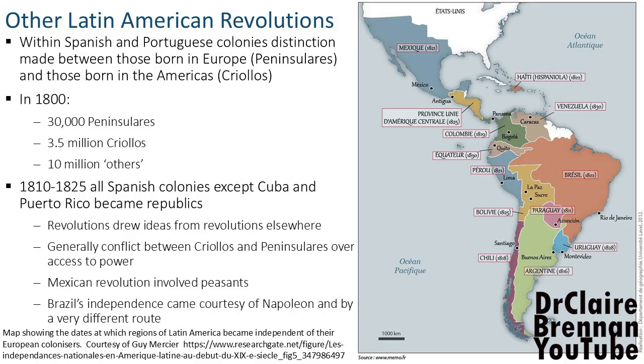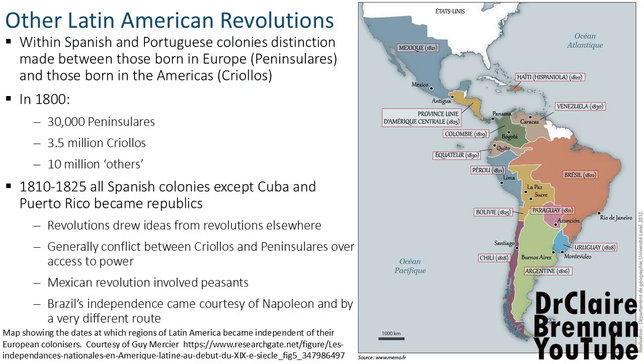Within Spanish and Portuguese possessions, there was a clear distinction made between peninsulares, who were born in Spain or Portugal, and people who had been born in the colonies, people of Spanish descent. But if they were of Spanish descent and born in Latin America, they were judged to be criollos and they were accorded lesser status. By 1800, there were 30,000 peninsulares, so these more prestigious, privileged people operating government, holding key positions, 30,000 of them in Latin America,